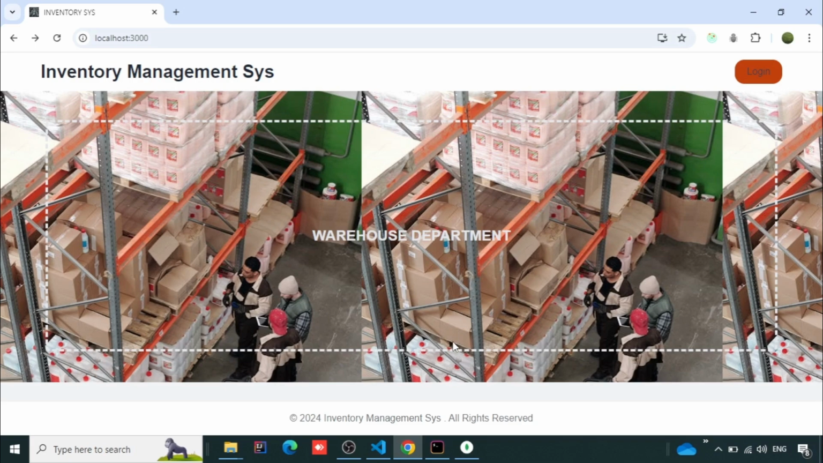Let's see what we're building. This is our application, guys. We have this beautiful landing page that you can see. We have an inventory management system header right there, and we have a bottom here. It's not that much, it's just a landing. When anybody comes into our application, he will see this page that says the inventory management